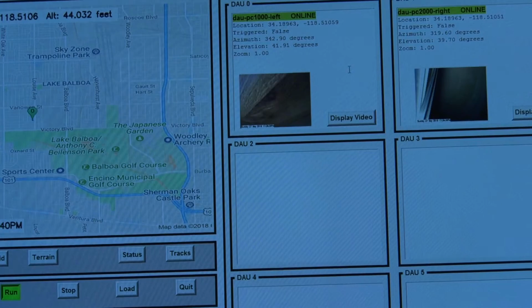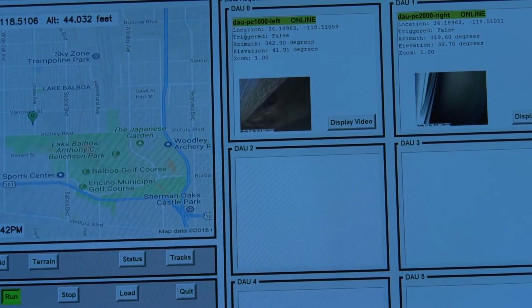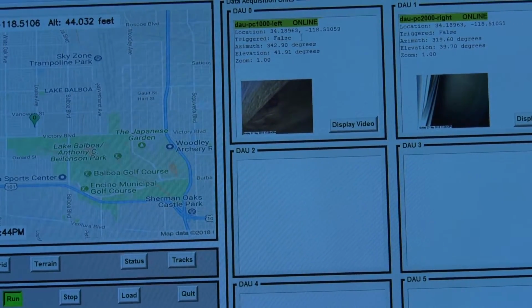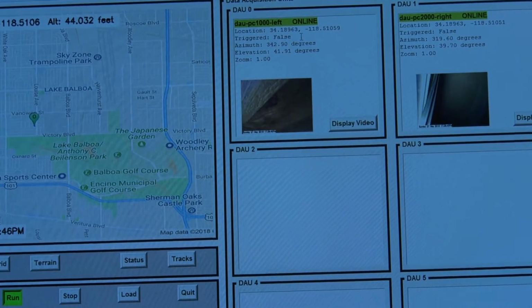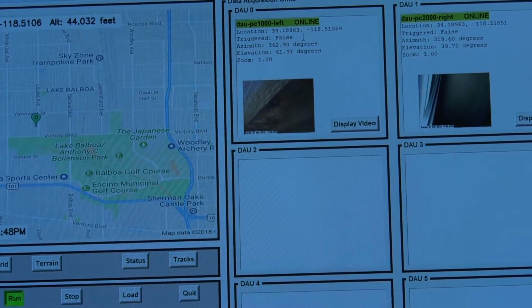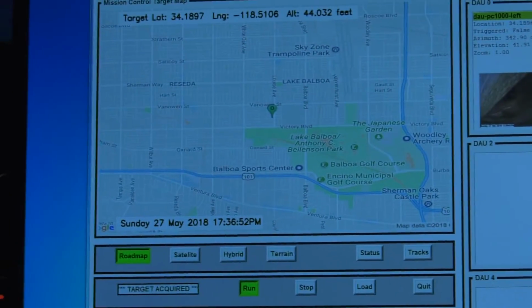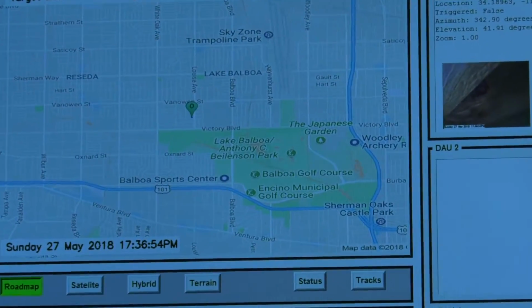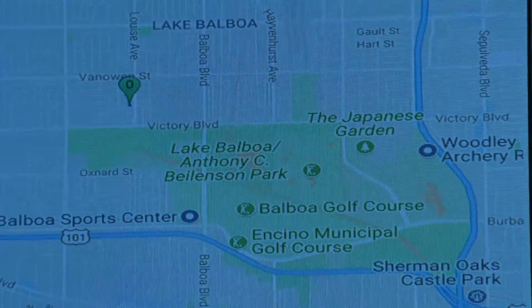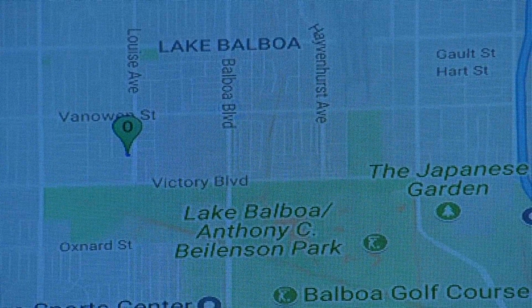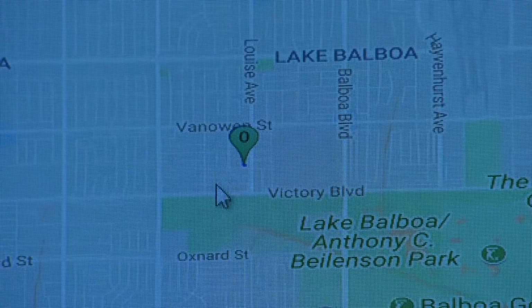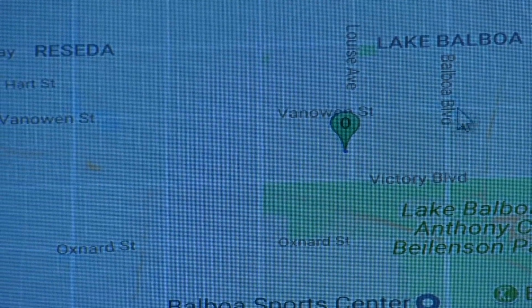In any case, when both cameras are triggered, this currently says false, but if they both saw a moving object at the same time and the paths of their view angles crossed, then the system would look like this, where it computes the latitude and longitude of the target object and the altitude of the target object.